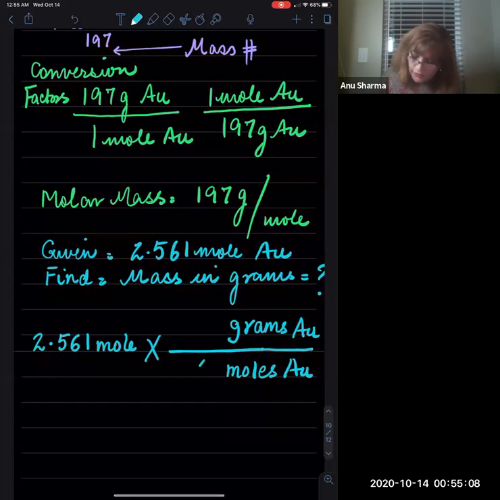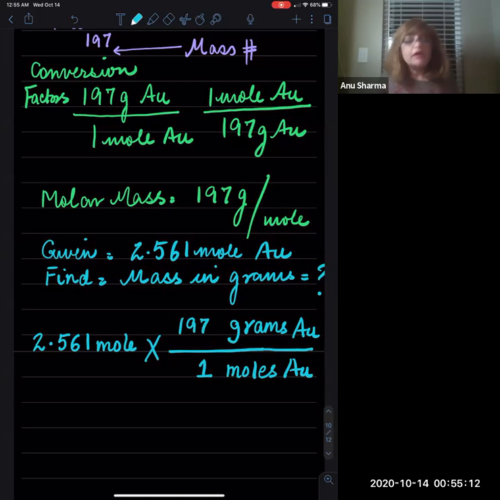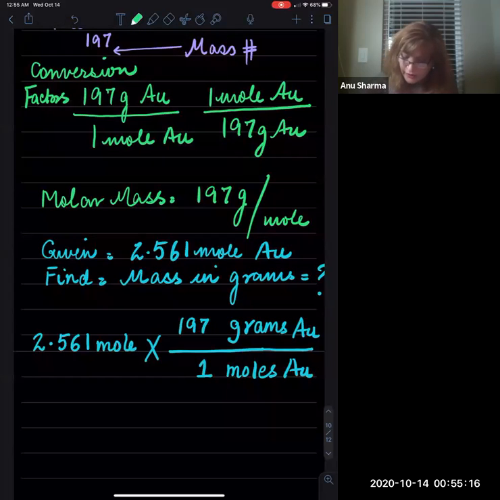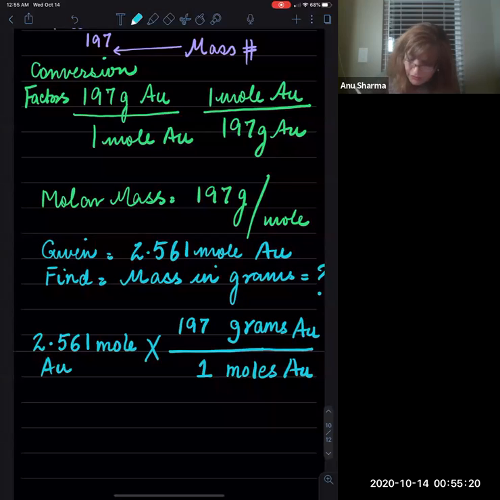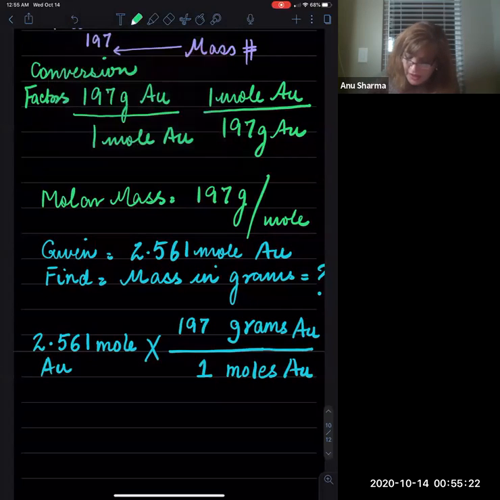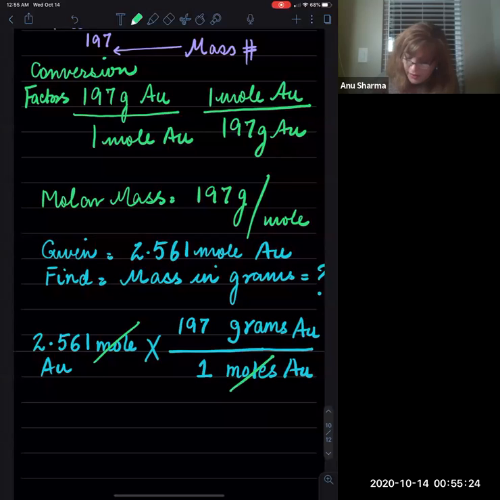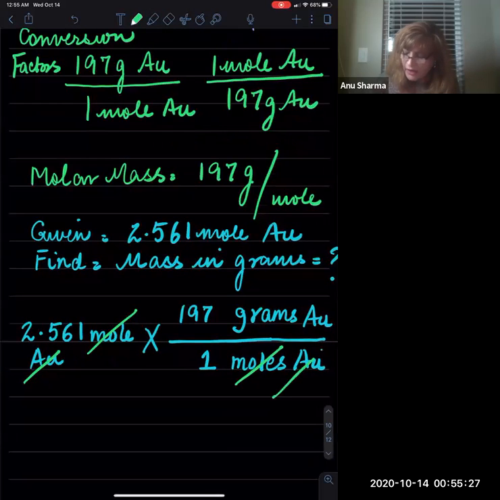So what do we know? 1 mole of gold contains 197 grams. With that, we are going to cancel out the moles of gold, and we are only left with the